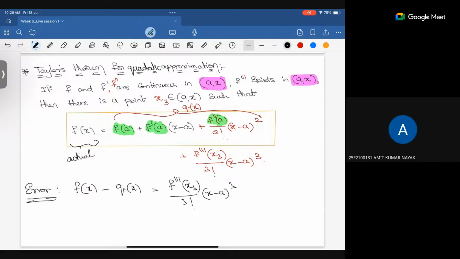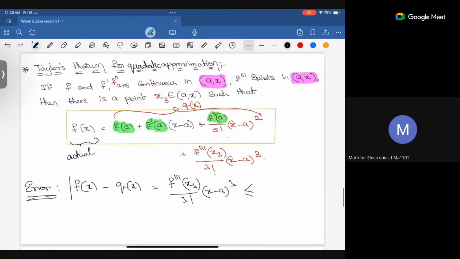Yes, that is why we will not give the exact error. So what we do is we bound the errors. So we will say this absolute difference will be less than x minus a whole cube into